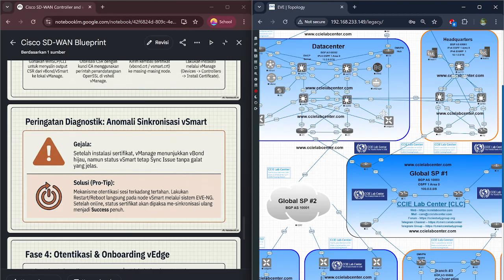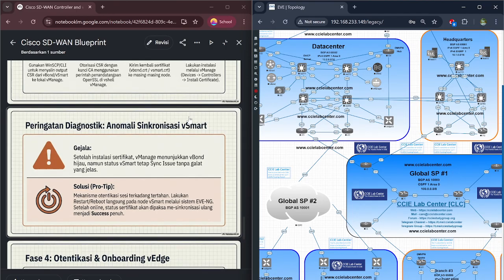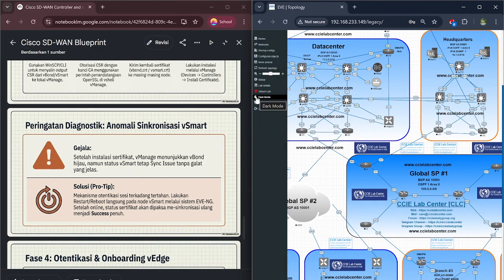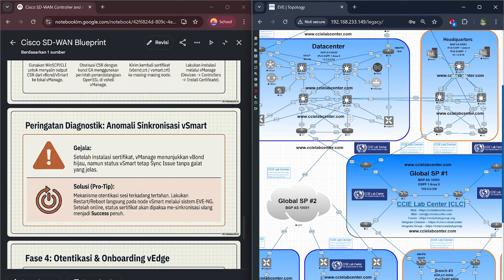Solution pro tip: sometimes the session authentication mechanism gets stuck. To fix this, perform a manual restart or reboot of the vSmart node directly within your EVE-NG system. Once it comes back online, the certificate status will be forced to resync and change to a full success.